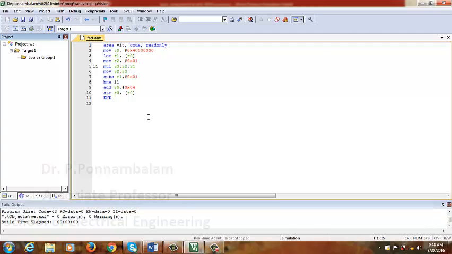So here in this case, again we are going to take the value for which factorial has to be found from the memory. So the memory address is initialized as we have done in the previous cases. Then from the memory, the data is obtained in the R1 register. Then R2 is initialized with